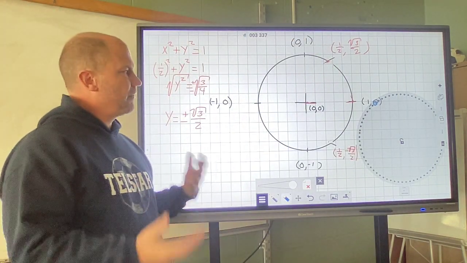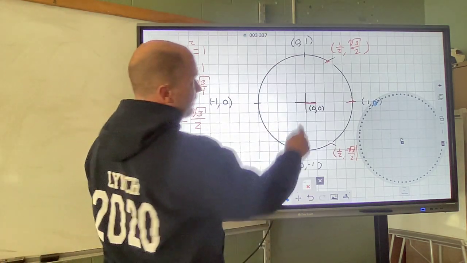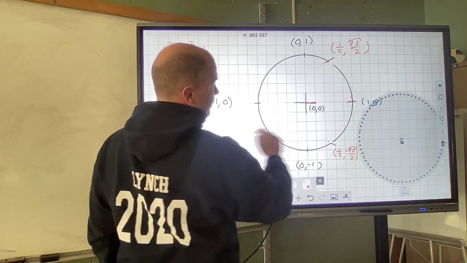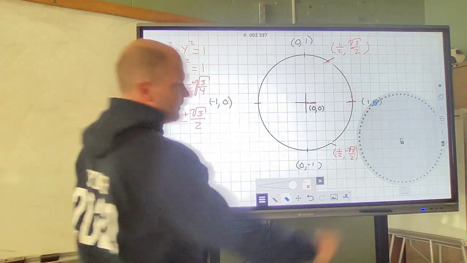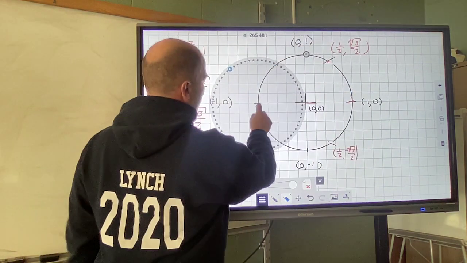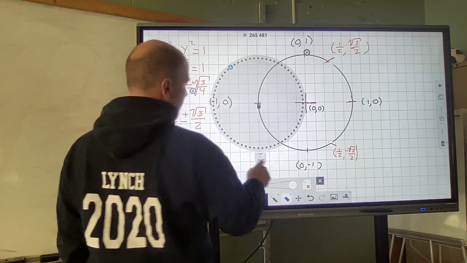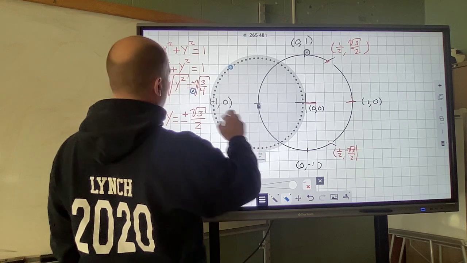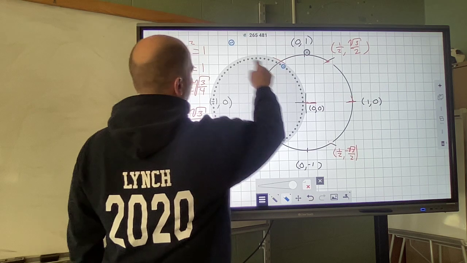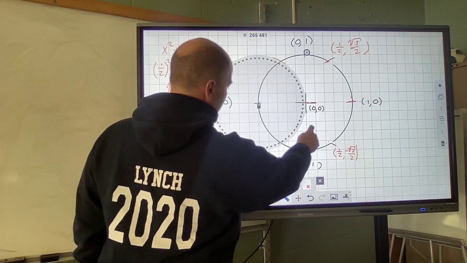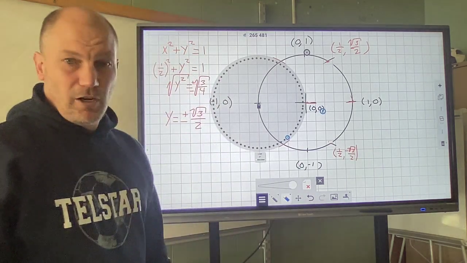So our job now is to find some more points, and there's a lot of symmetric points here. We could eyeball it and look right across here and find this point. We could eyeball it and find that point, but instead we've got our compass, so we'll just put it right there, and then I will lock it, and rotate it right to there, boom. There's another point. And there's my last point. So now we've got all those points,